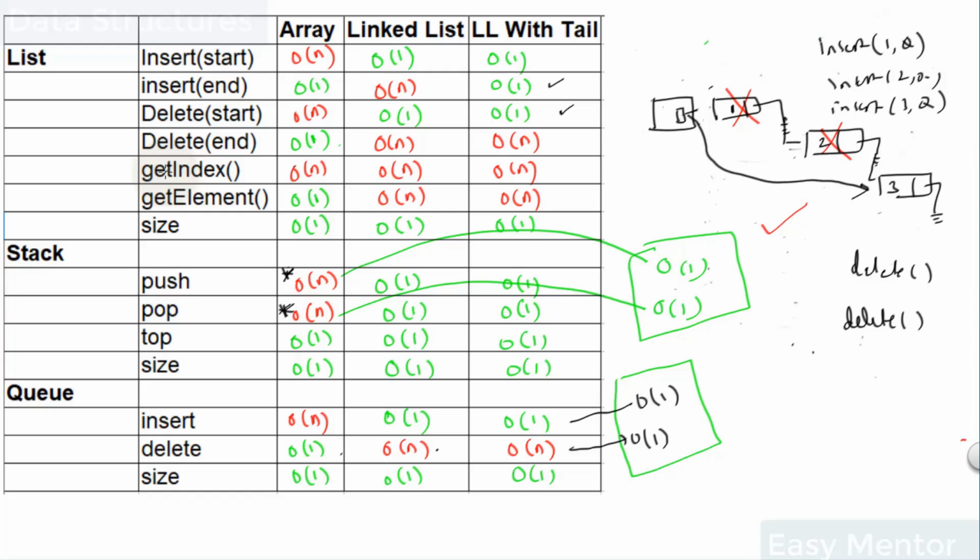In our previous lecture, when we were trying to analyze different implementations of list, stack, and queue using arrays, linked lists, and a different version of linked list with a tail, we found that we were able to optimize all of stack's operations. But when it comes to the queue operations using arrays, we said that we could not optimize